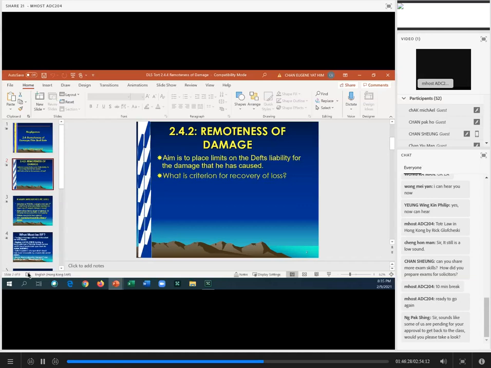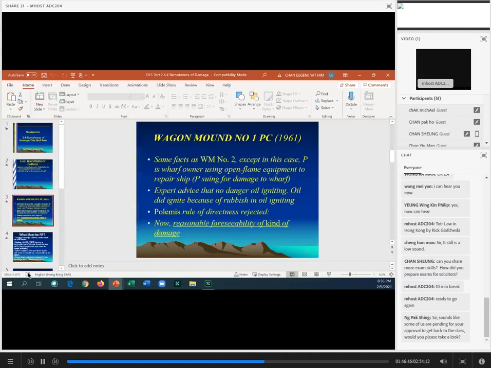So again, we're in this area of quantifying damages, and this is not an easy area. The courts spend a lot of time on assessment of damages, and in particular, what types of damage can the plaintiff claim. Now, the leading case on this is a case called Wagon Mound on page 63. And in Wagon Mound, number one, there was negligence of the defendant, and a large quantity of oil flowed out into Sydney Harbour.